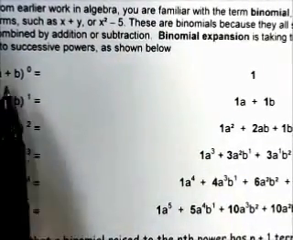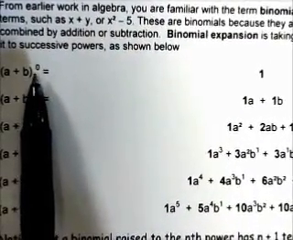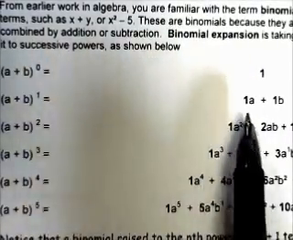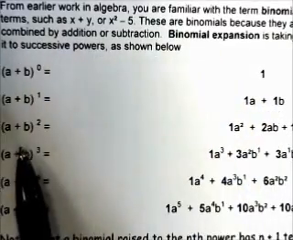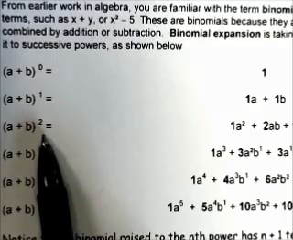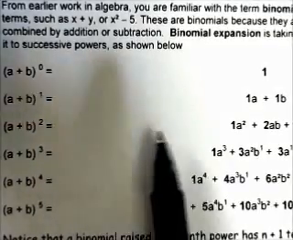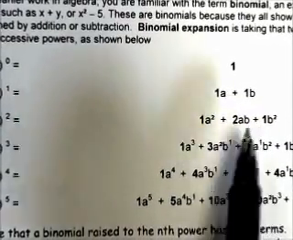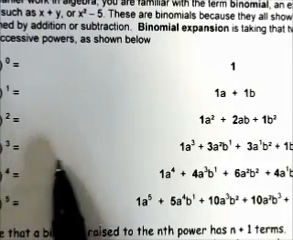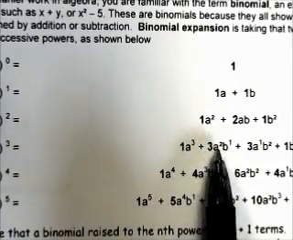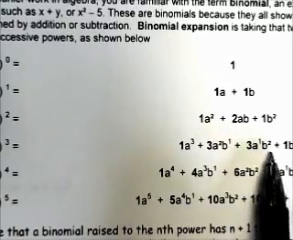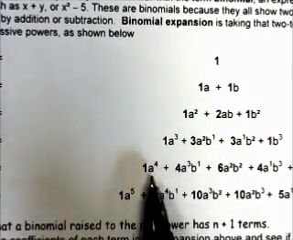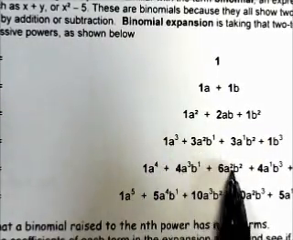If we take a plus b raised to the 0 power, well, anything to the 0 power is 1. A plus b raised to the first is simply a plus b. A plus b squared, foiling that, would result in a squared plus 2ab plus b squared. A plus b raised to the third would result in a to the third plus 3a squared b plus 3ab squared plus b cubed. And then a plus b to the fourth would result in 1, 2, 3, 4, these